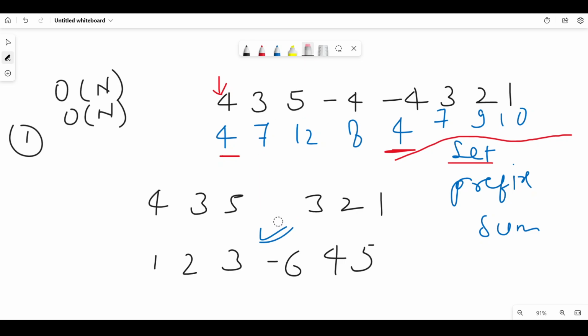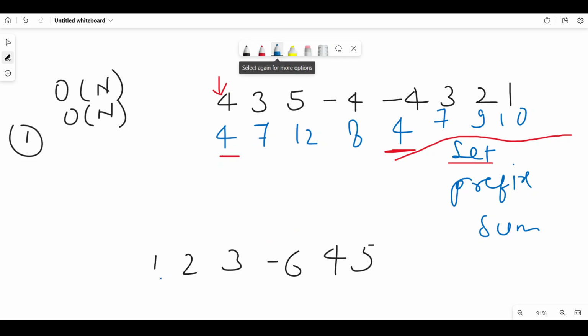Now if we try to find the prefix sum, it will be 1, then 1 plus 2 is 3, then 3 plus 3 is 6, 6 minus 6 is 0, then again 4, and 4 plus 5 is 9. Here no element in the prefix sum is repeating, but the sum itself has become 0 at this place,